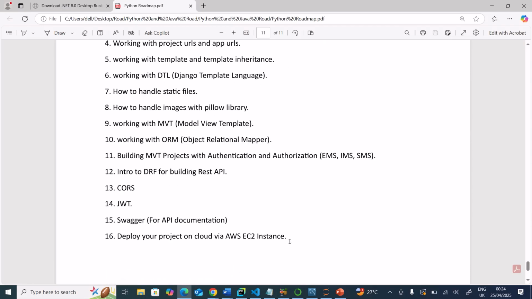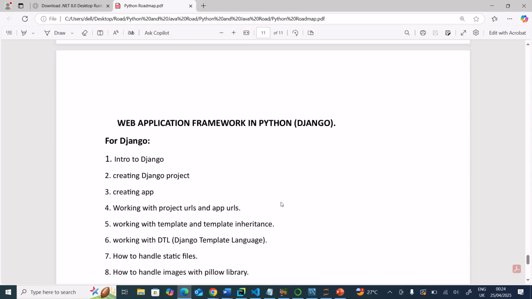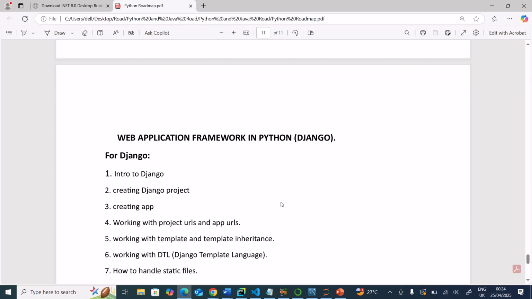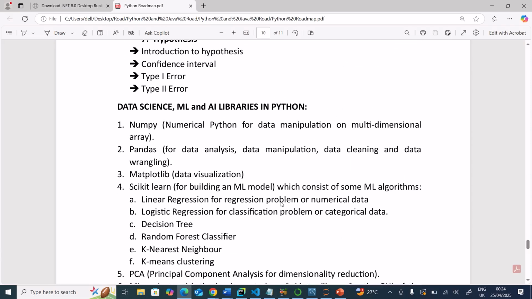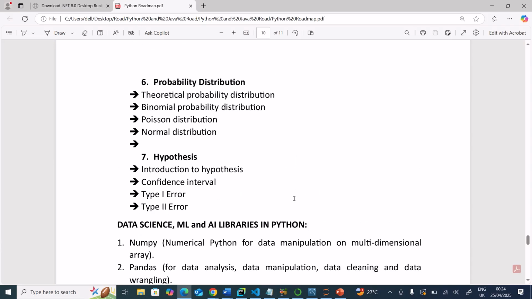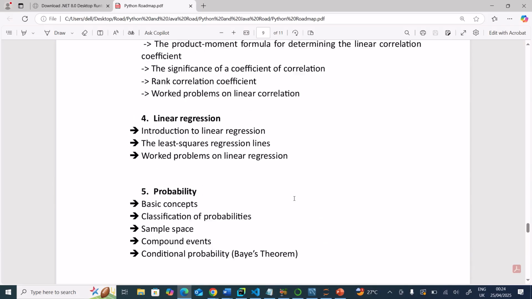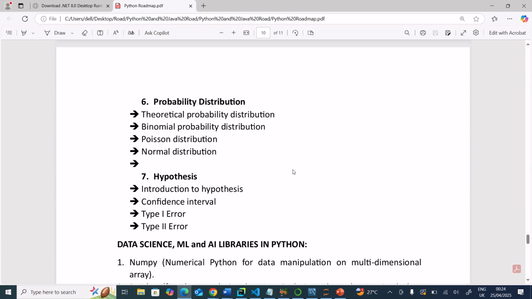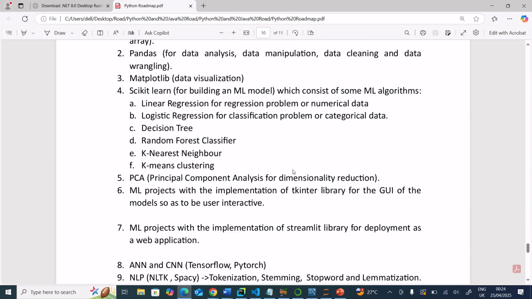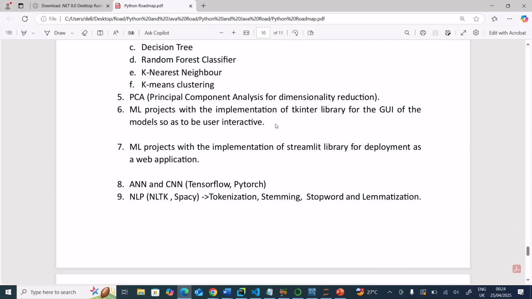By building projects and pushing them to your GitHub, you can start applying. This roadmap is for complete beginners, and maybe intermediate and advanced people too, because there are some concepts that some people may think they have already learned. So when they see it here, they will know that they still have more to learn.